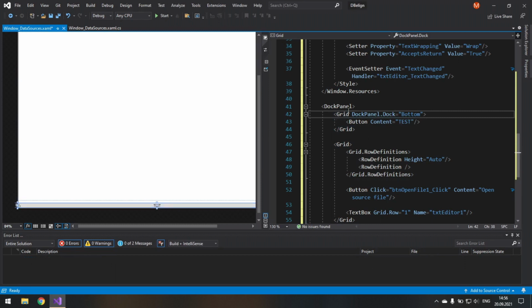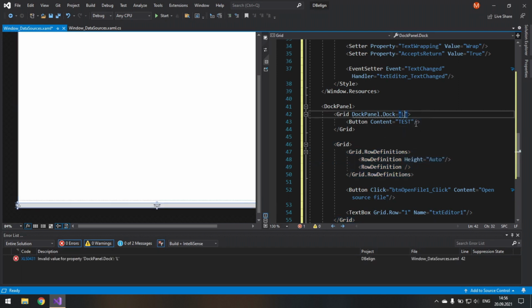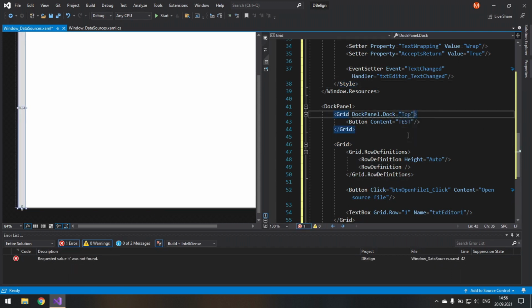And I did not have to create grid row definitions and change the grid row index. That's really the benefit of it. I also could just set it to left, but then I would need to redesign it. Well, alright. So I will set it to top.